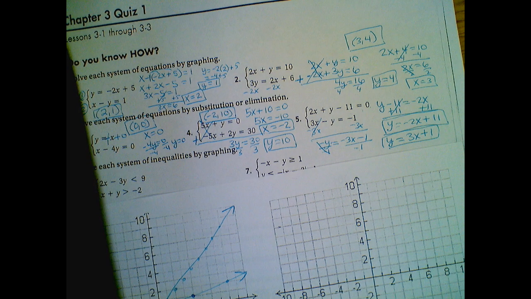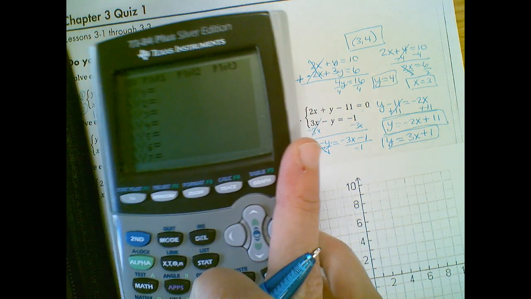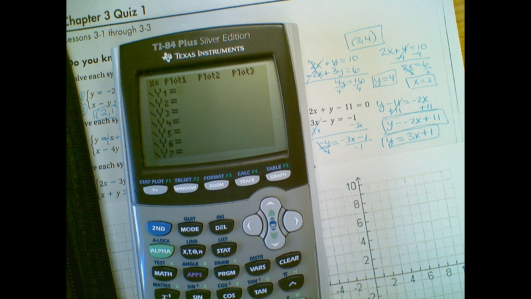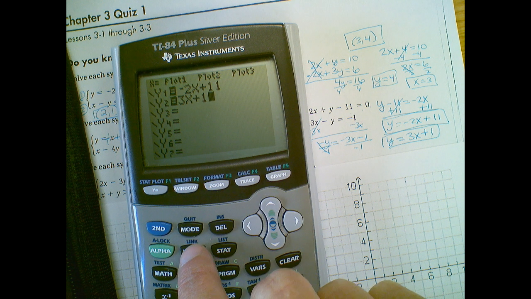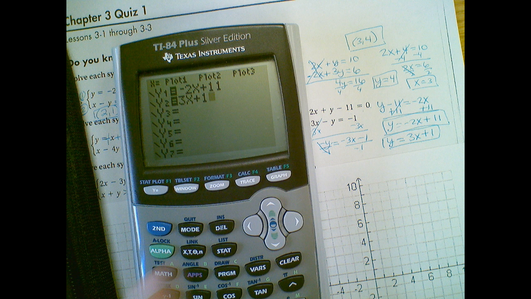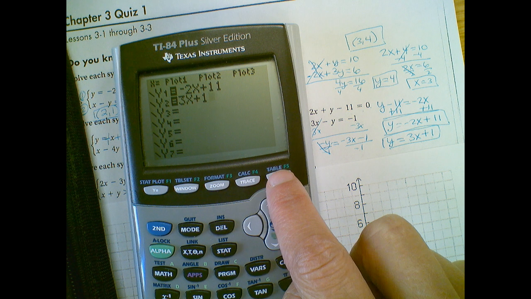So then I have my two equations. I'm going to grab my graphing calculator. Okay, I'm going to clear what's in there, and then I'm going to type in negative 2x plus 11, and then I'm going to type in 3x plus 1. So make sure the X button is right here. So we type them in. It doesn't matter the order in which you type them in, and then you're going to click